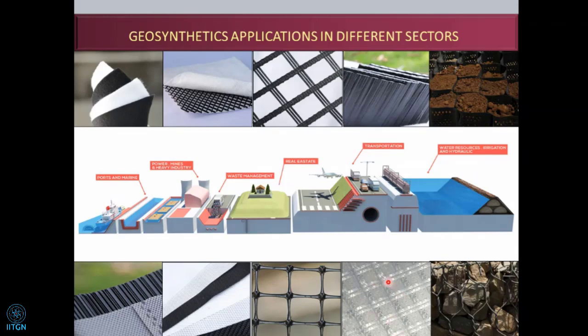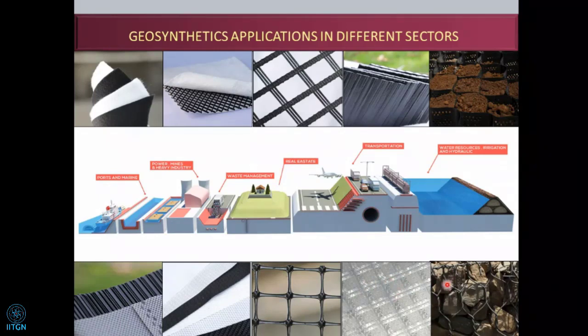This is the composite that we are just calling AIC. It is also used for the overlay applications. You can see the yarn knitted on a non-woven. The base is the non-woven material, and all the yarns. This is a glass fiber yarn because you have to have the elongation up to 4% or less than that. So you have to use this fiberglass yarn for this product, and this is the gabion.